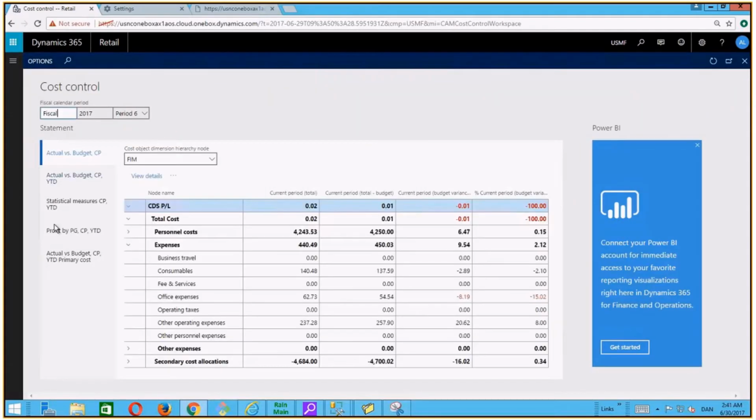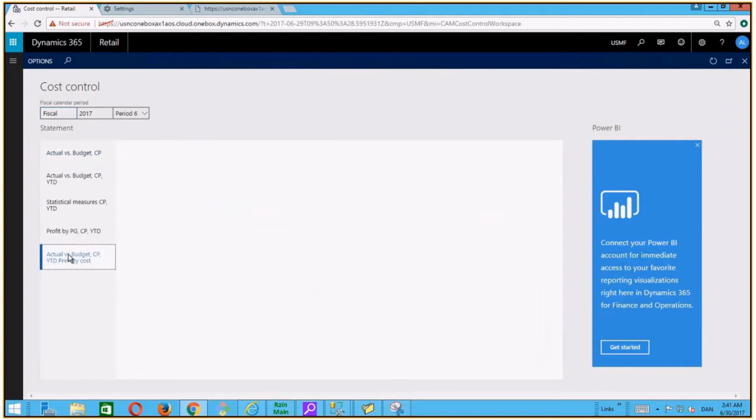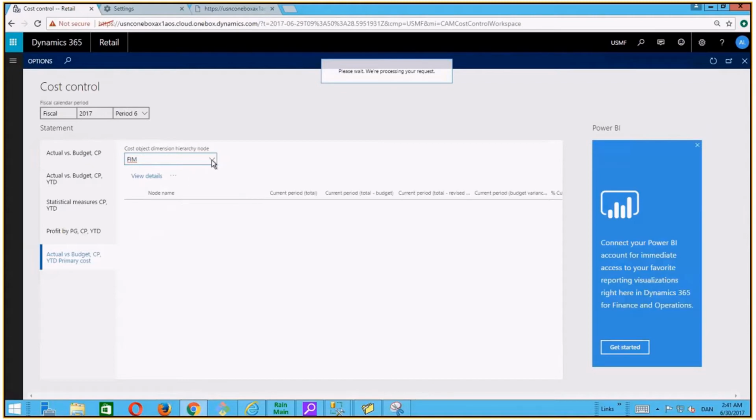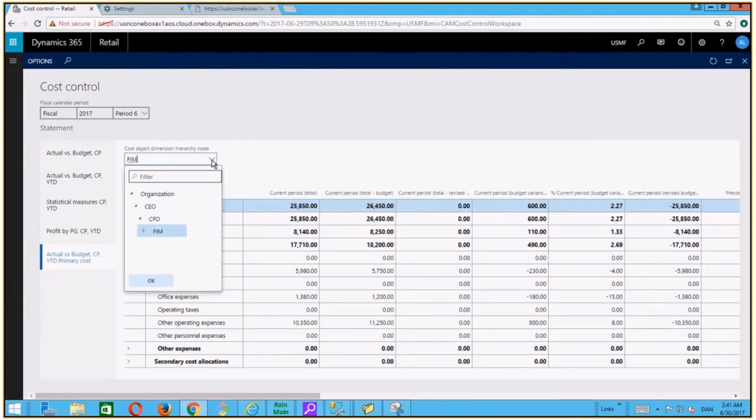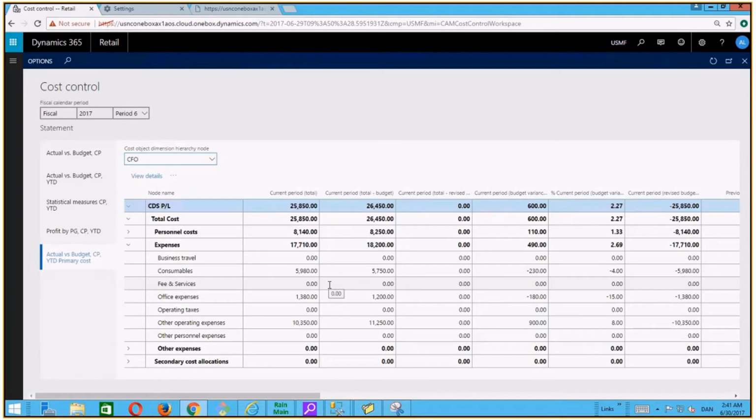And she can see the different report layouts available. And if you go to the last one here that we're using in this video, we can see if I expand the cost object dimension hierarchy that she can only see from upstream her level and upstream in the organization where she is. But if she goes upstream to the CFO level and clicks OK, the numbers won't change. It's just so she can see where in the organization her level is placed, but the numbers are filtered to what we have granted her access to see.